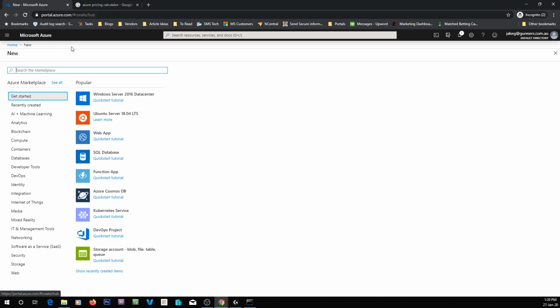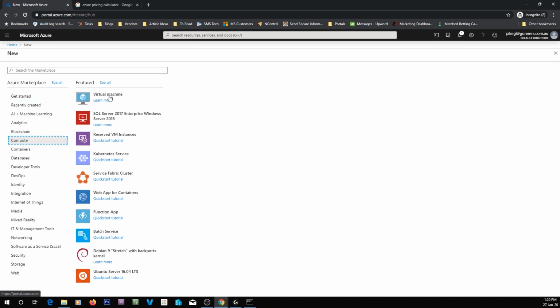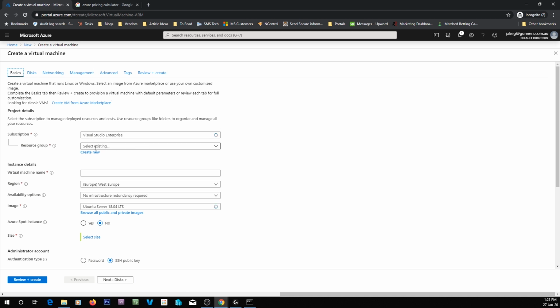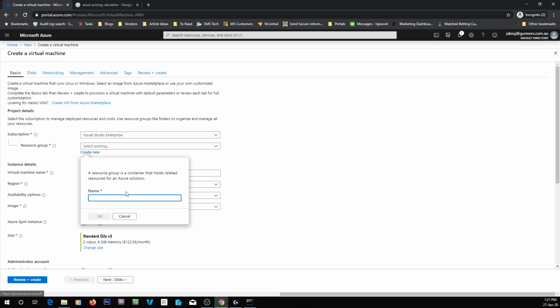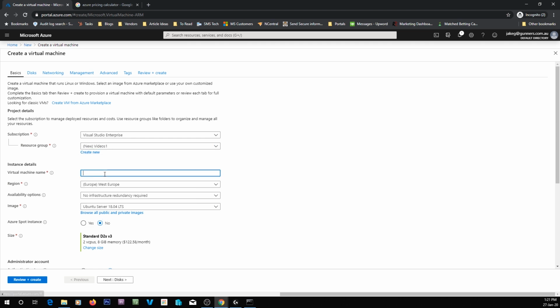If we go to create a new resource up in that menu, you've got a few options for the default, but we can go custom by going to compute and virtual machines. From here, you select your subscription and your resource group. I'm not going to have any resource groups, so I'm going to create a new one and just call it videos 1, and the virtual machine name is